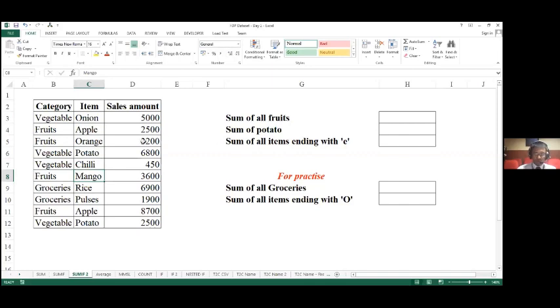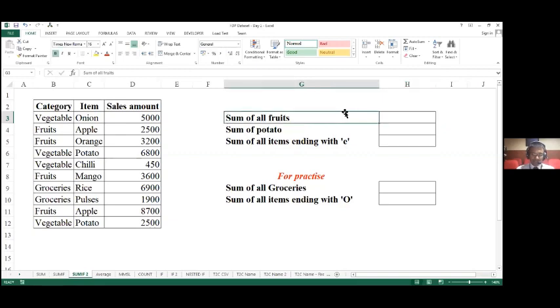Also if you notice, some of the categories and items are repeating. So here vegetable, potato, potato, it is repeated. The last entry again is repeated. Now here I'm having some complex requirements. Let's look at my requirements one by one. I have picked up these requirements randomly, just to make sure that you understand the concept.